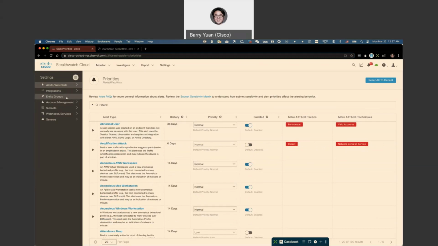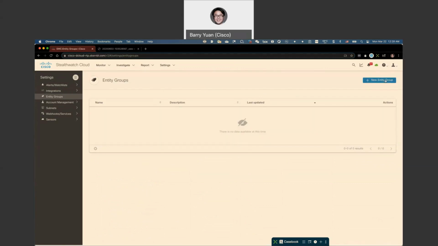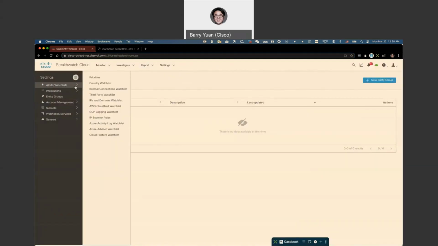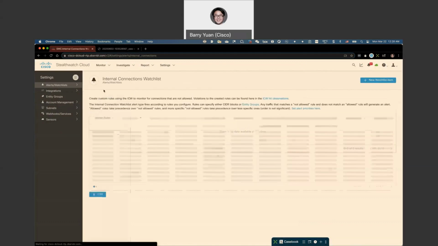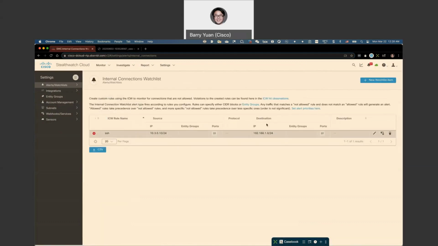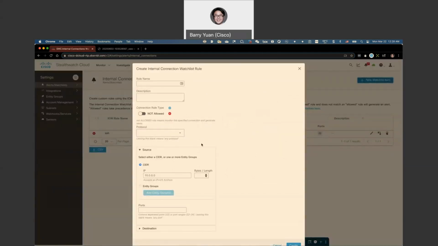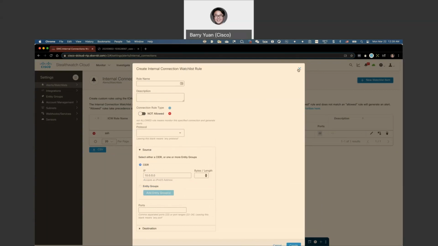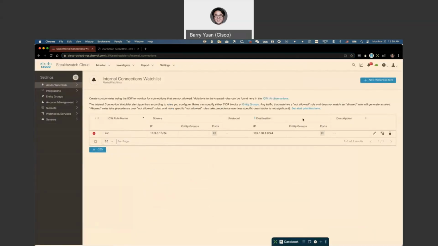And we can also define our own policies, maybe start with endpoint groups, and we can define what subnets or CIDR we identify as an endpoint group, and we can come back to the watch list, and we can define an internal connections watch list. And from here, we can say who can talk to who, depending on the source and the destination IP CIDR or entity groups. So you can allow it or not allow it. If it's not allowed, alerts will be generated. Next, we can check